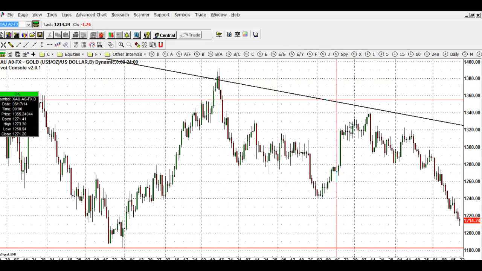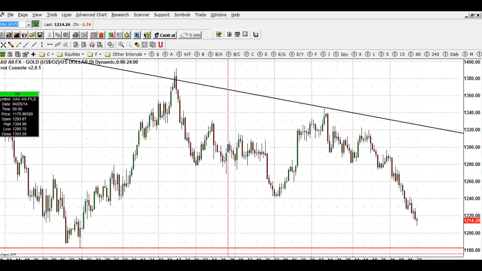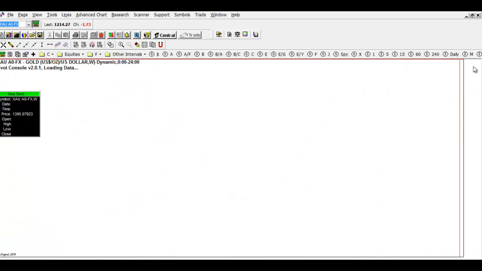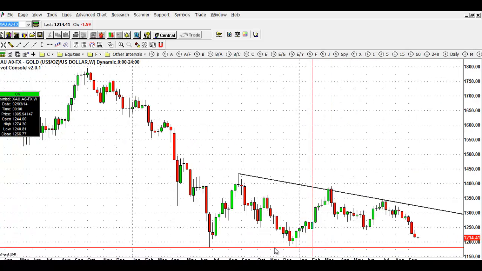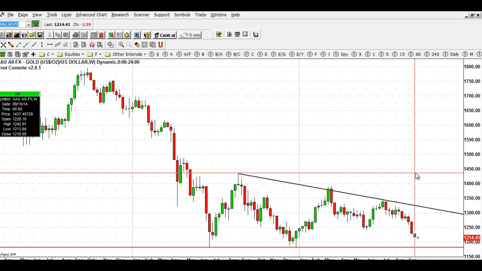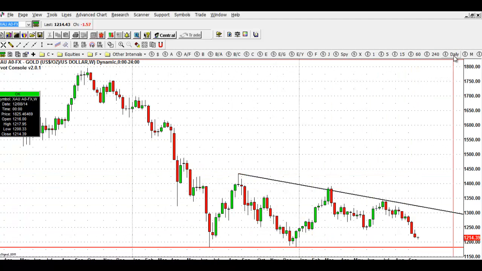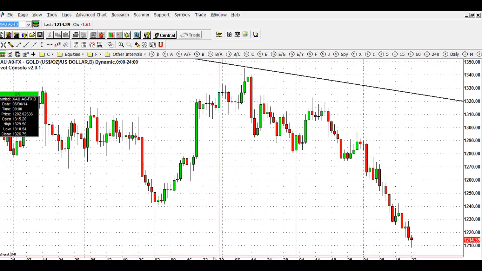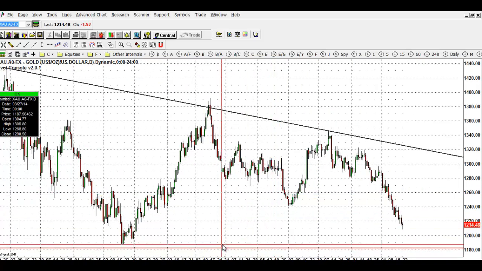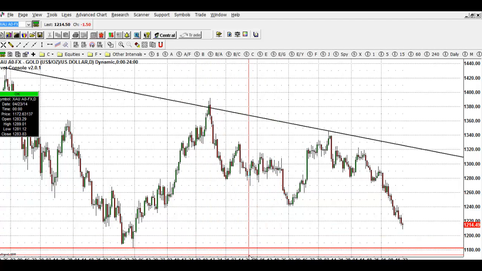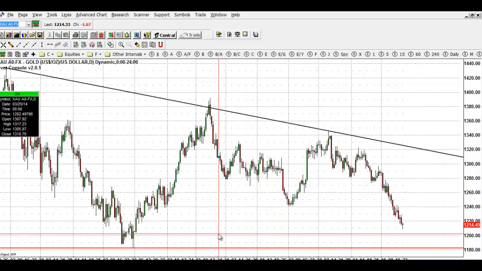Taking a look at the gold market, we see that the market is continuing down steadily. This is a weekly chart. The market declined last week and is in a downtrend for all intents and purposes. So this market is in a downtrend, and what I suspect is that the market is going to make an attempt at these lows